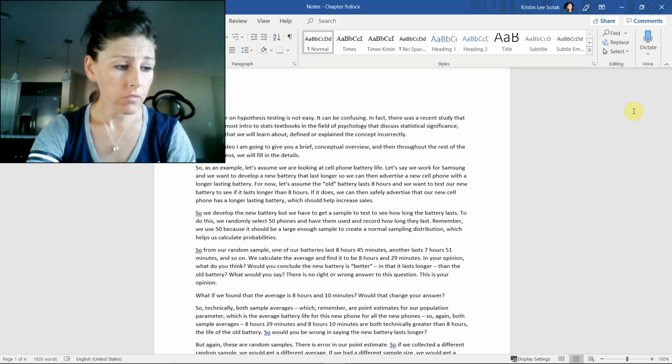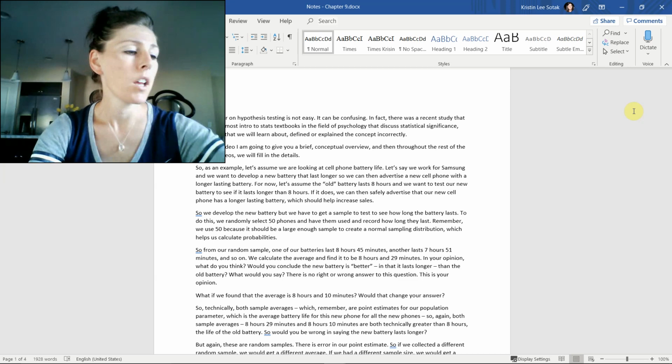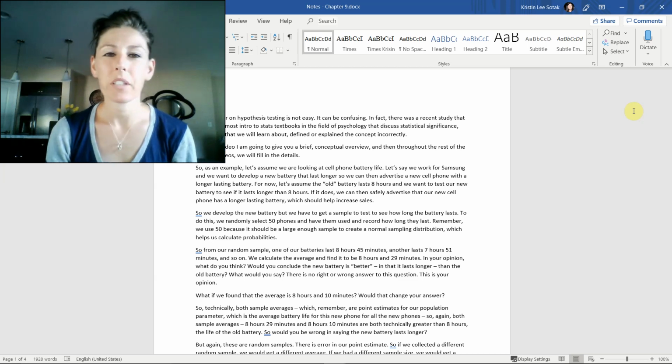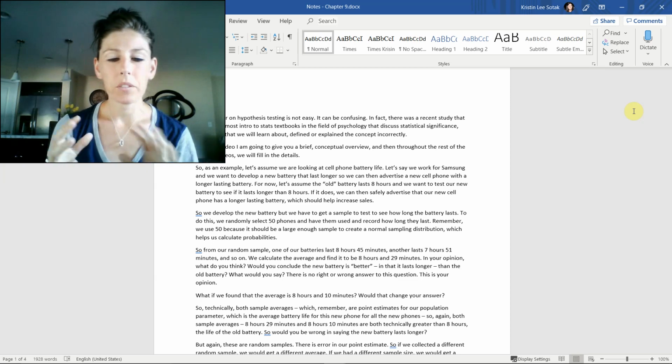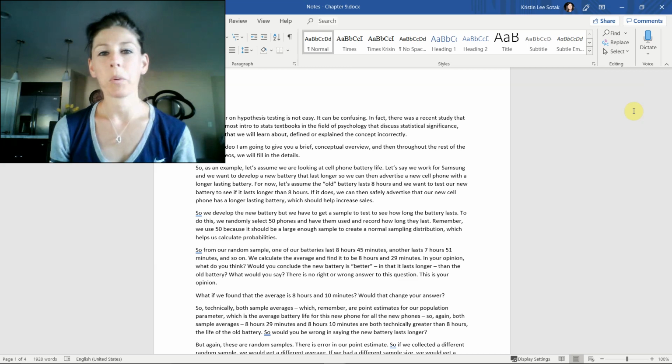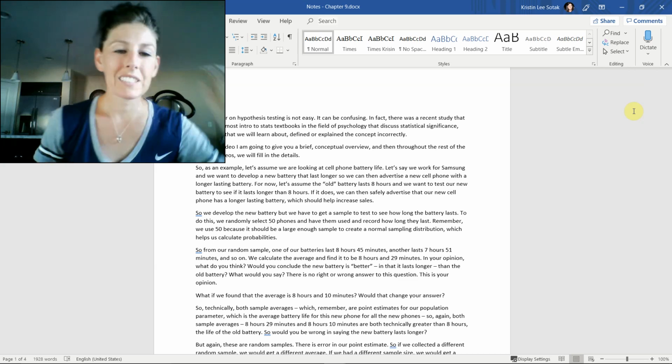So it's not an easy concept, and one reason why it's not easy is because it's not really intuitive. It's weird. The way you say and word things seems backwards. Like, we test the null hypothesis, which says that there's no difference. So why are we testing that? I mean, really, sometimes that's not what we really want to know. So there are things that are just confusing.